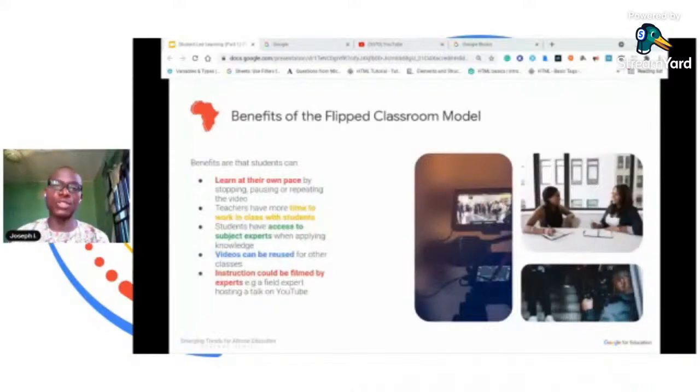This model is beneficial in that the students have the teacher present when working through the application of the knowledge gained. Most students don't have subject experts at home to help with homework, but with this model, the teacher is present in the class and will guide the students through the knowledge application. Also, watching and learning the knowledge on video means the student can learn at their own pace. They can pause, they can stop, and can even repeat content if needed.